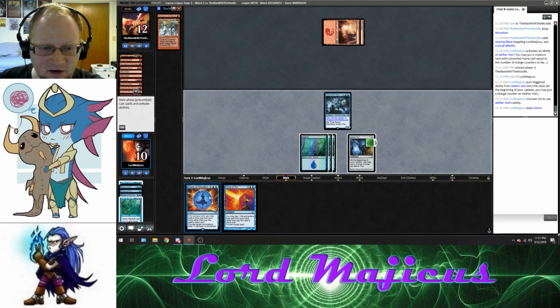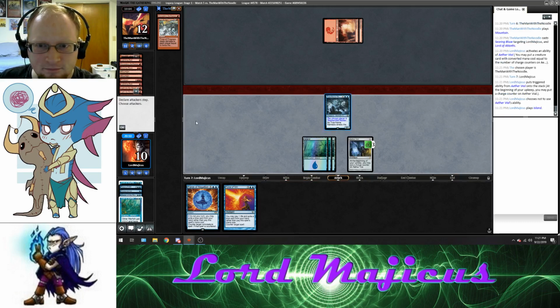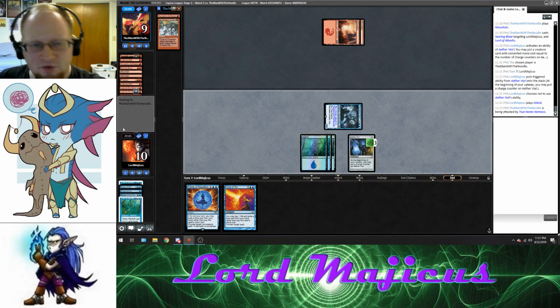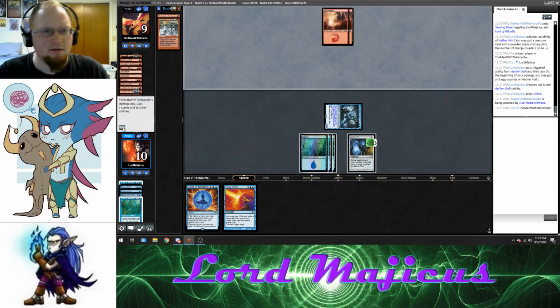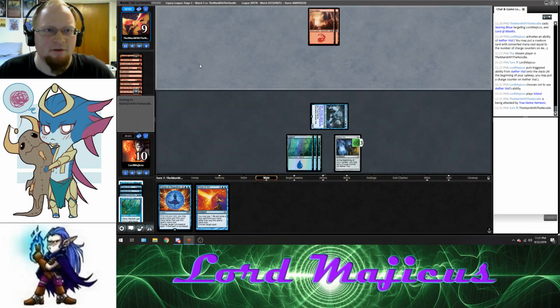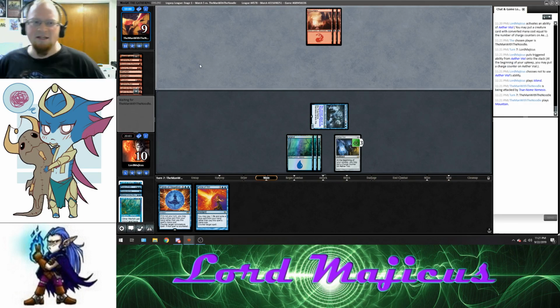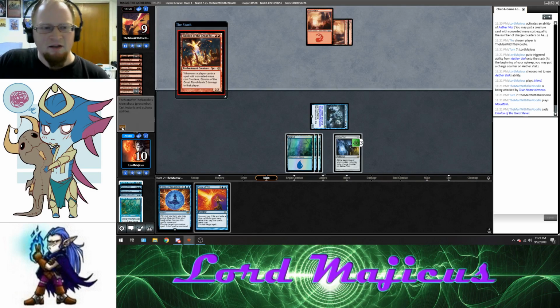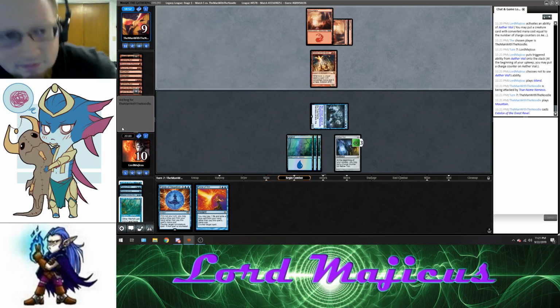That's good. Now I can hard cast Force of Negation. Just gotta kill them quickly. So, yeah, these are exiled forever. So they have 3 cards left in hand. So, let's see. What do you got? Eidolon. Eidolon's fine. I'm ahead, so...